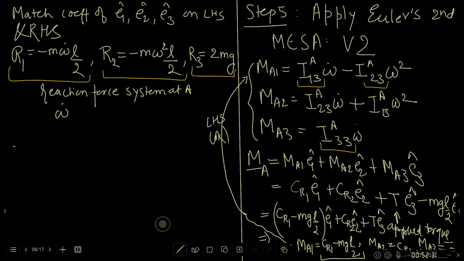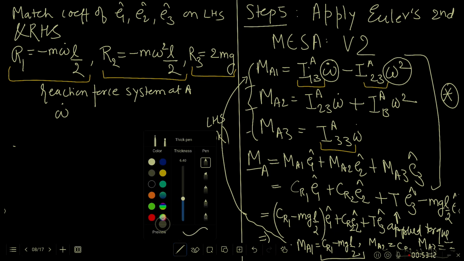Now I can write these in terms of the mass of the individual rods and the lengths of the individual rods. So ml square by 2, such terms will appear on the right hand side, and of course there will be the unknowns omega dot and omega appearing on the right hand side. On the left hand side I am going to replace MA1, MA2 and MA3 in terms of what I had written earlier, in terms of CR1, CR2 and T. Okay, so if you put everything back in this equation and